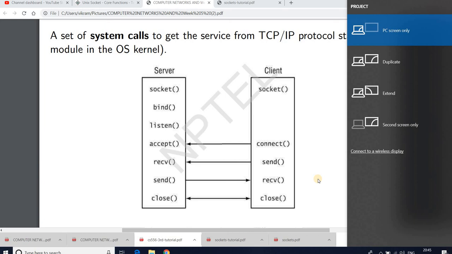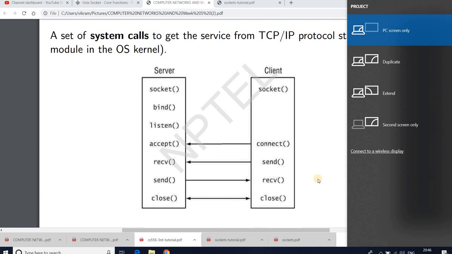You can send from the client, or from the server side send some data from the server to the client, and the client accepts the data with the receive system call. Once the data communication is done, you can finally make the close call to close the corresponding connection, so that is how this entire flow of socket programming will happen.